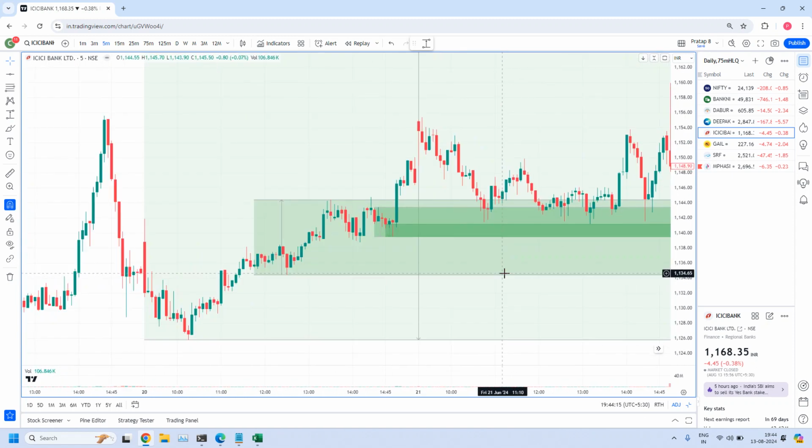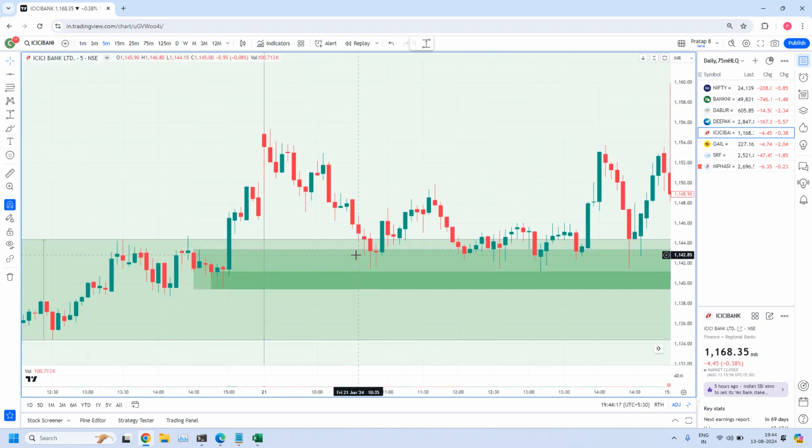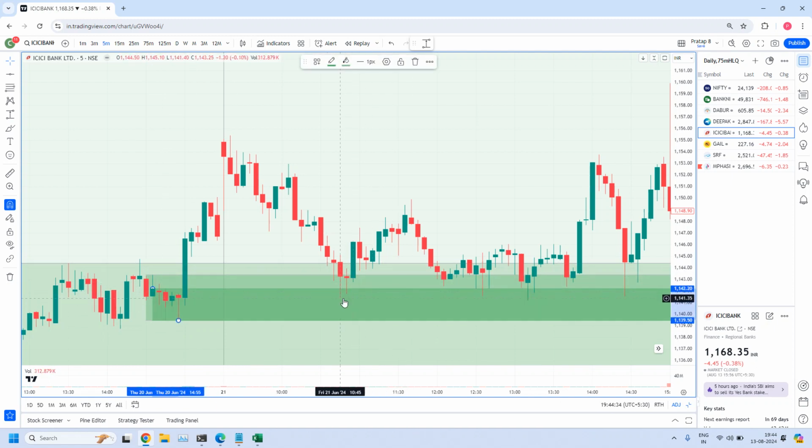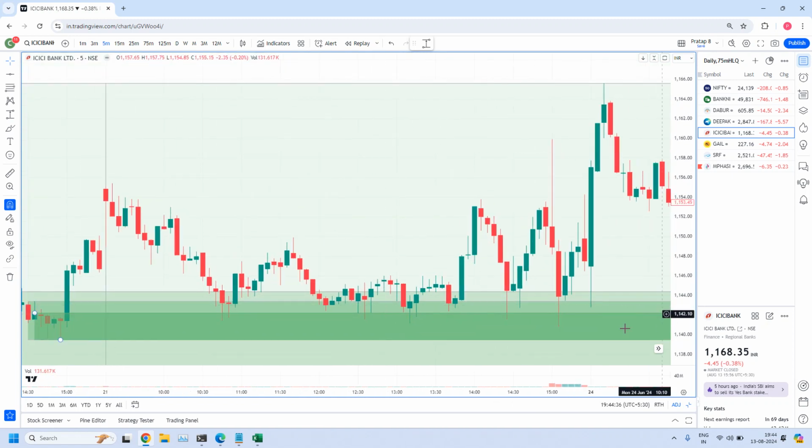Okay, when it comes to this 15 minutes area, again here we identified a high liquidity zone. So here we have a drop candle, 1, 2, 3, 4, 5 base candles. This is the way I can draw the zone. Because the risk is, see, it is already tested multiple times. See here, first time, second time, third time, almost fourth time, fifth time, sixth time.